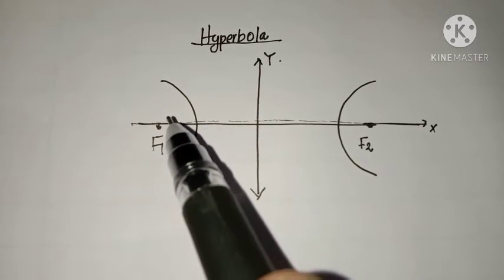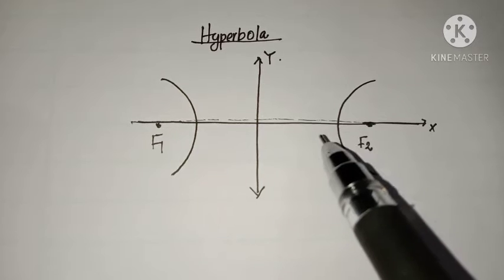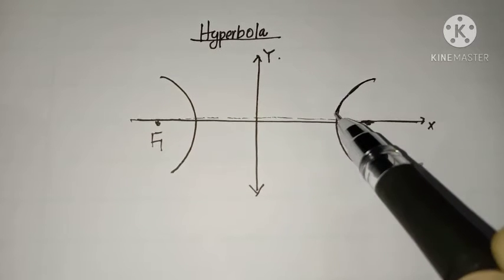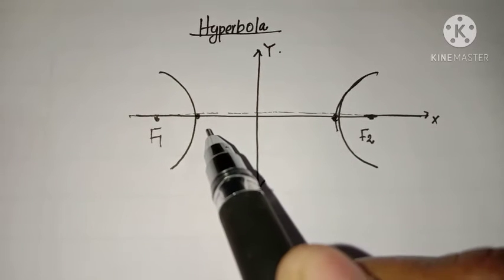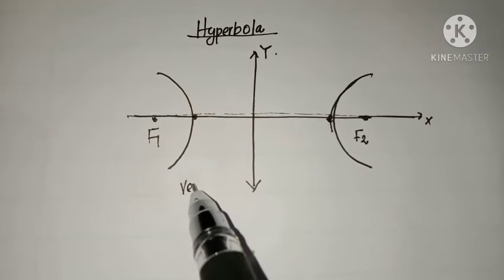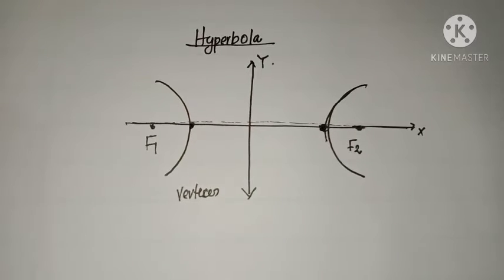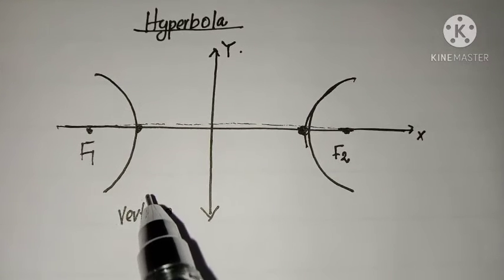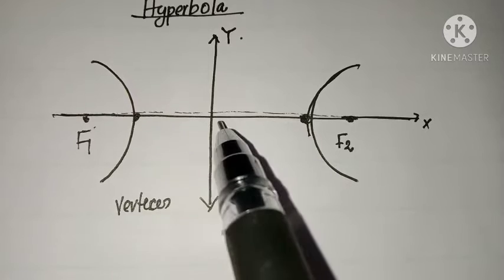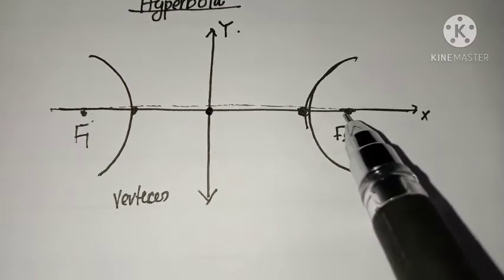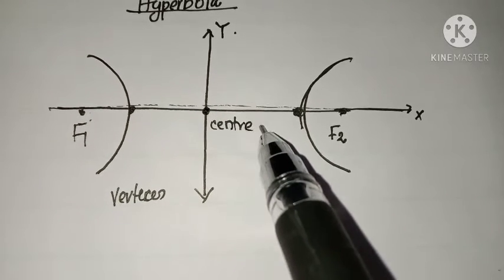Like the ellipse, the hyperbola has two foci, F1 and F2. And listen, the curve hyperbola meets the x-axis at two different points named vertices. So these are the two vertices of this hyperbola. Now listen, the midpoint of the line segment joining the foci. So this is the midpoint of the line segment joining these two foci, and this point is called the center of the